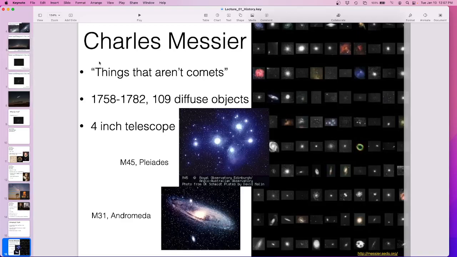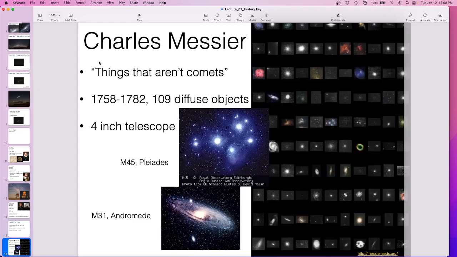So Charles Messier then came a little later and went on a hunt for things that aren't comets. He really wanted to find comets because people believed that comets brought evil or something. I try to not learn too much about superstition. So people were superstitious about comets, so everybody wanted to find comets and name them after themselves. So he went and looked at all the things that certainly aren't comets. And then we have this great catalog of objects in the sky.